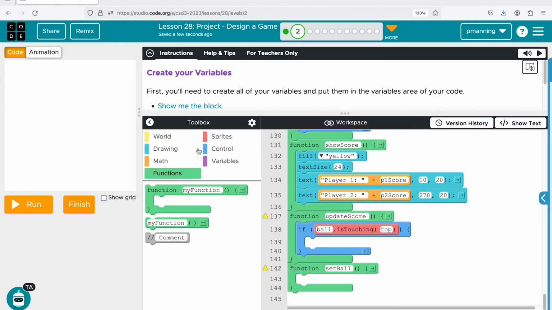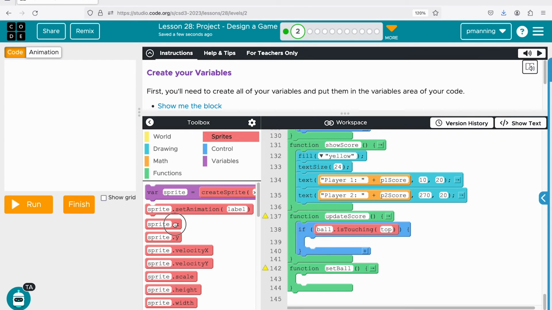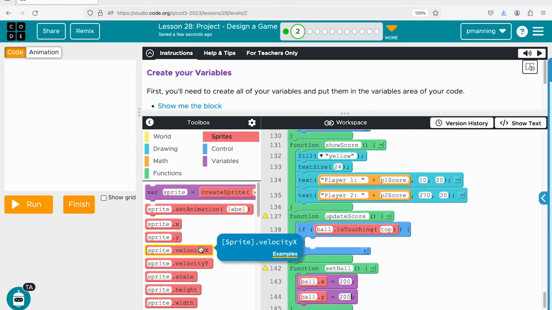And what we're going to do with setBall is set the ball's x, y at 200, 200, and then after it's set there, we're then going to give it